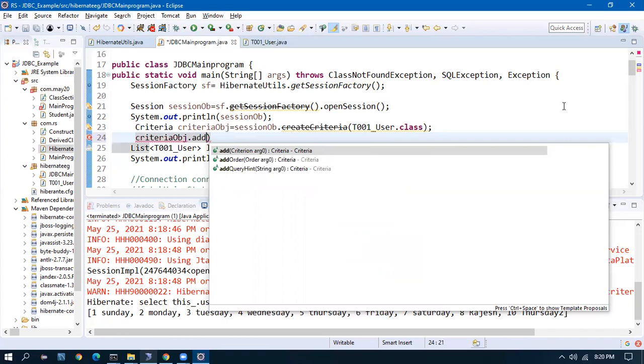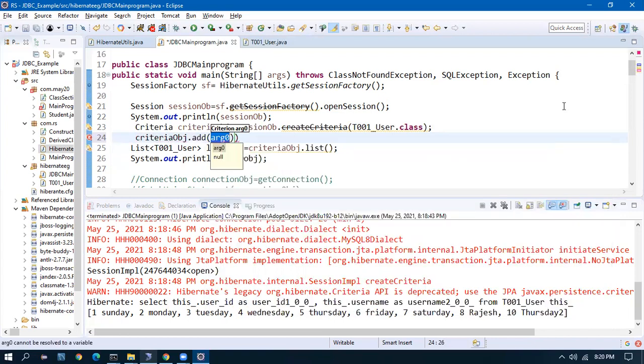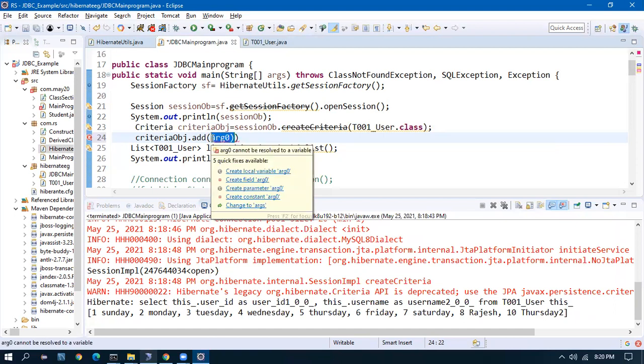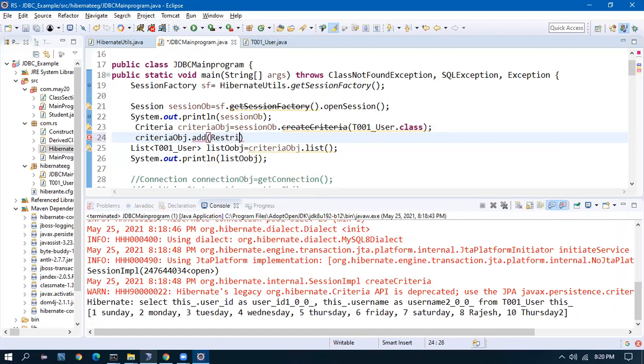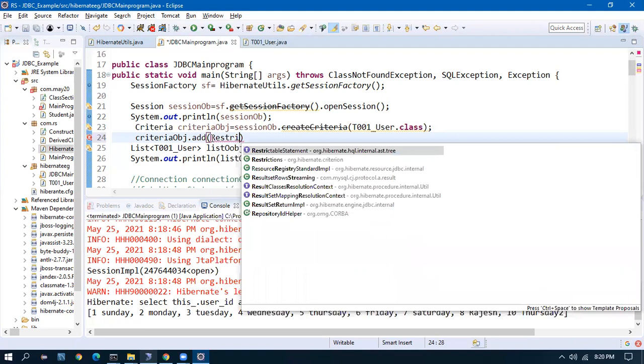Add is taking a criterion object, but the criterion object can be found in restrictions. There is something called restrictions, in org.hibernate.criterion.